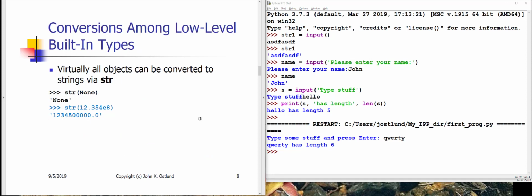So the input function reads in a sequence of characters as a character string. But it's quite possible that your program is going to need to deal with integers or floating point numbers. You're going to have some way of converting among the different low-level data types. Virtually any kind of value can be converted to a string by applying str as a conversion operation, a conversion